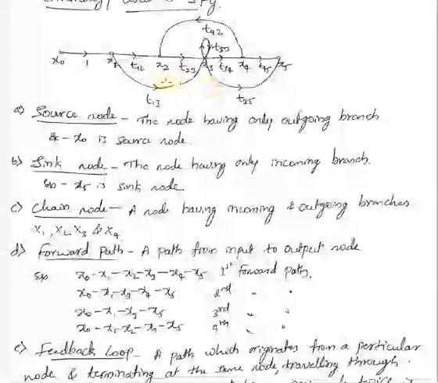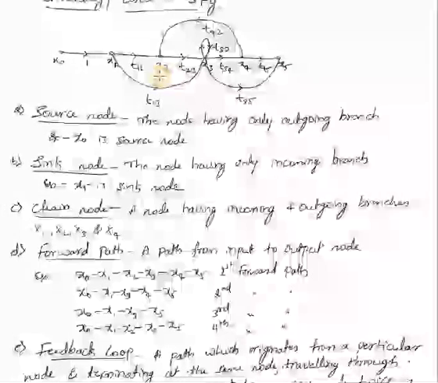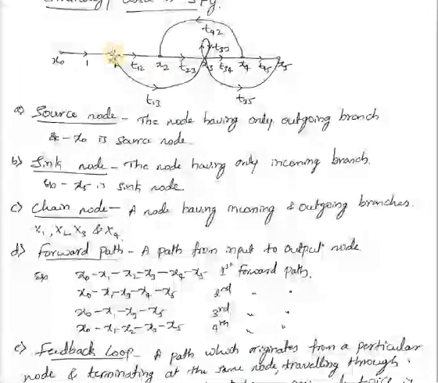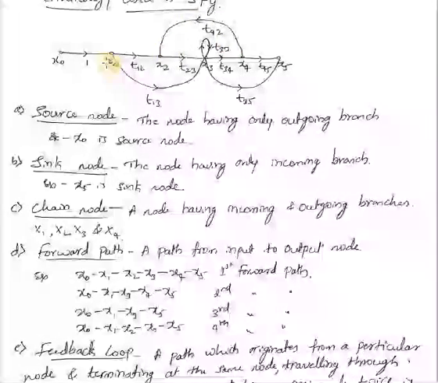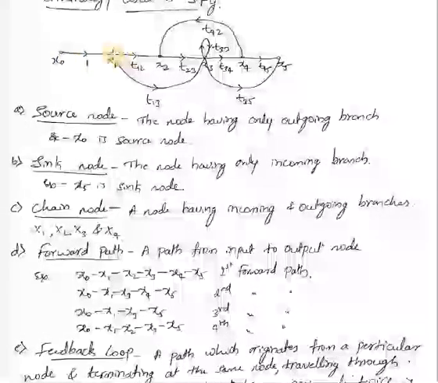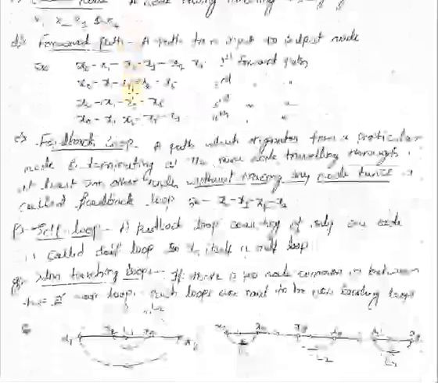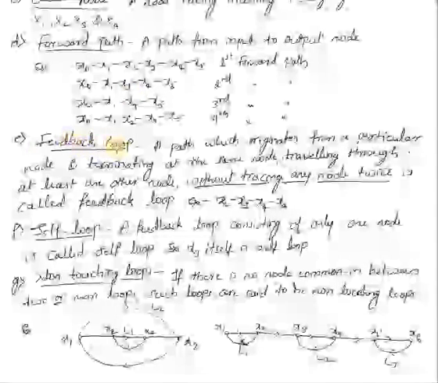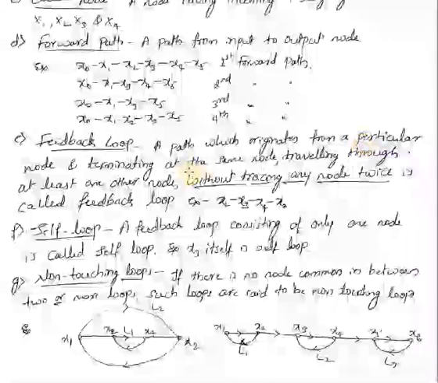Like that, you have to check, and while considering the path, don't consider the signals which are in the feedback path. So for the forward path, the direction should be in the forward direction. Okay. So then the fifth one is feedback loop, a path which originates from a particular node and terminates at